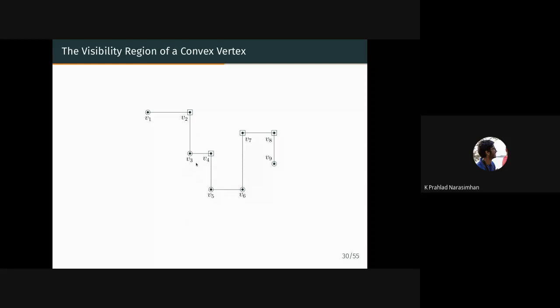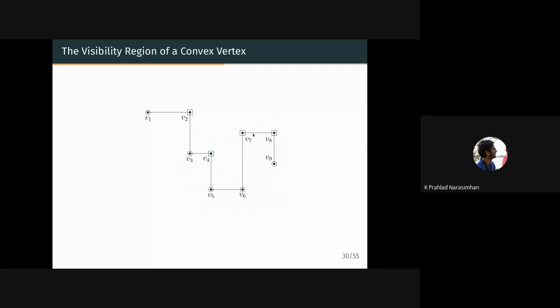Which is fairly innocuous. It's fairly easy to see. You can convince yourself of that by looking at V5 as well. The only thing that it sees is V4, V5, V6, and V7. But these are left convex vertices. If you look at a right convex vertex, a symmetric claim is true. It can't see anything to the right of its x coordinate. So it can't see V8 and V9. What it sees is V2, V4, V5, itself V6 and V7.